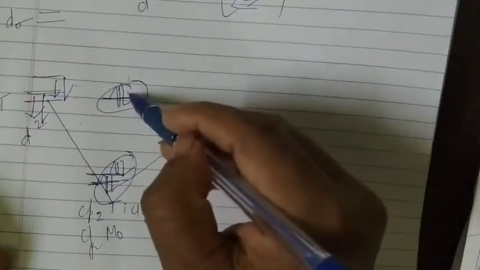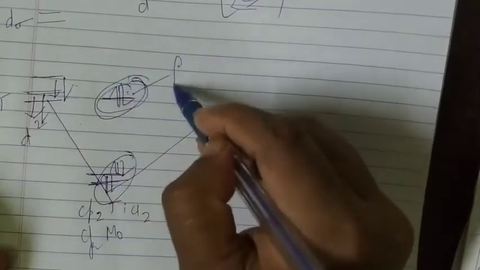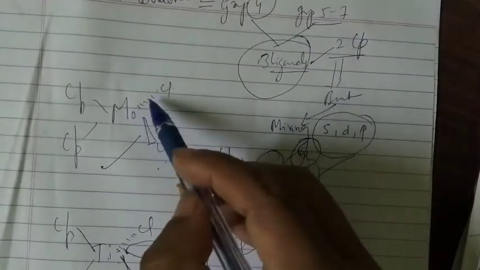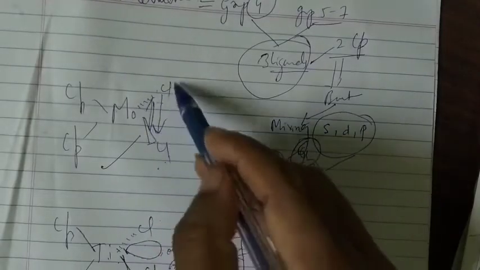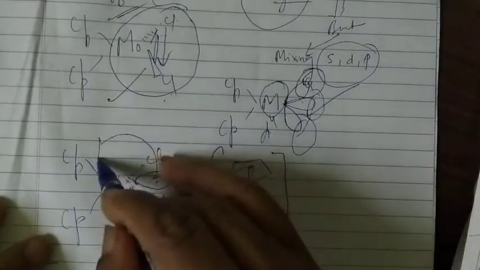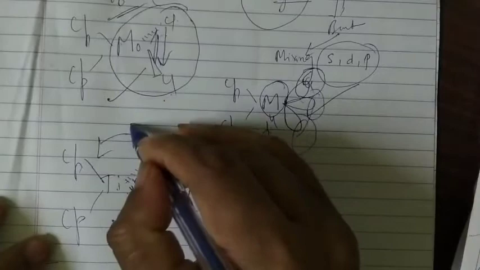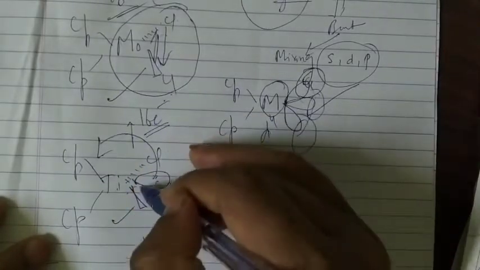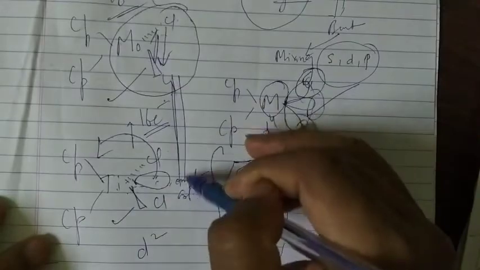So these two also get filled here, and that's why the non-bonding orbitals are also filled for molybdenum. So there will be electrons like this, like this. So what is the benefit of this? This will help for the back donation and satisfying the 18 electron system. But here it fails. In titanium there are no electrons here, and back donation is not possible, and sometimes it will favor the 16 electron rule, not the 18 electron rule. So this is the difference between the bent metallocene with respect to the molecular orbital diagram.